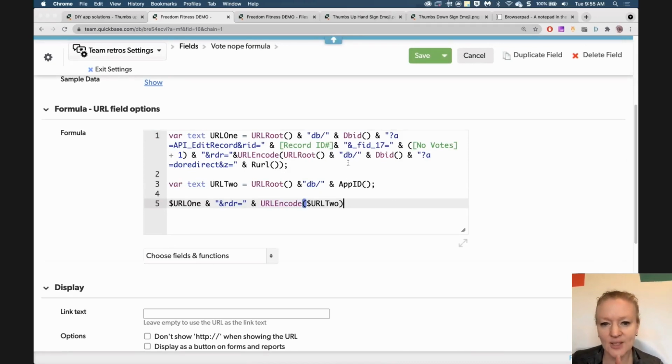And again, so I know that this is referring to the correct field. So the no votes is the correct name, so that's not being highlighted. What I do need to know is it was 14, right? So let's change that to 14. So in your app with your fields, you probably need to change these two things just to make sure this is the proper name and make sure this ID is referring to that same field. So if we click save,